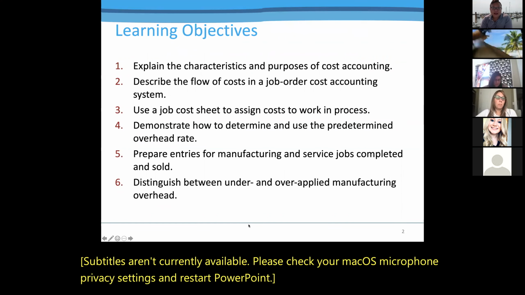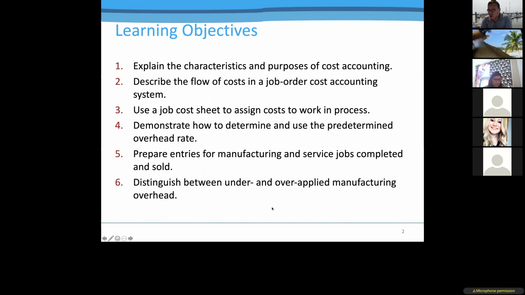So we want to understand the purpose and characteristics of cost accounting. And we also want to be able to describe the flow of the cost in a job order costing accounting system. So in this chapter, we are focusing on the job order accounting system. And number 3, we want to know what a job cost sheet is like, and how that sheet is